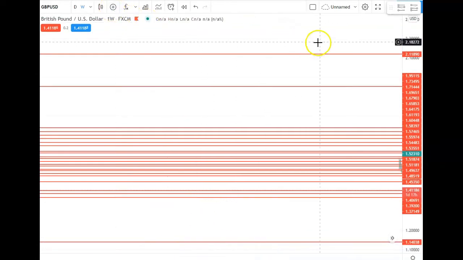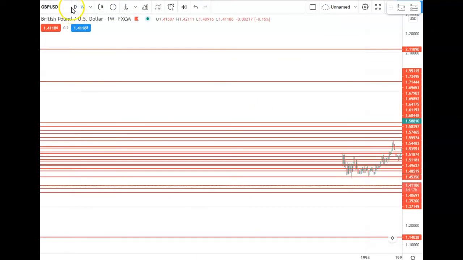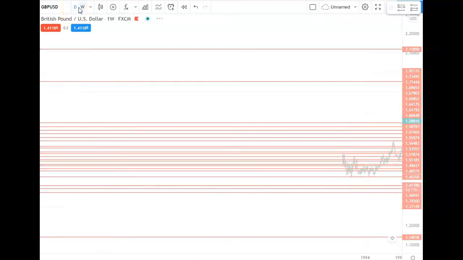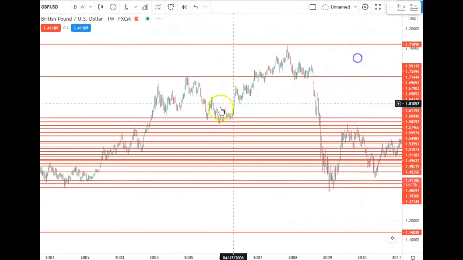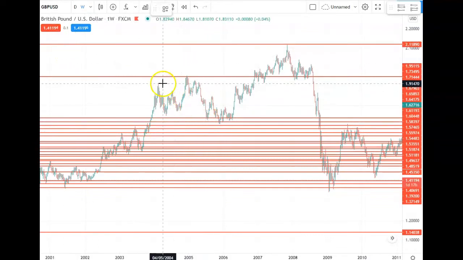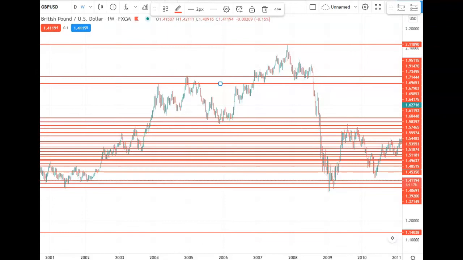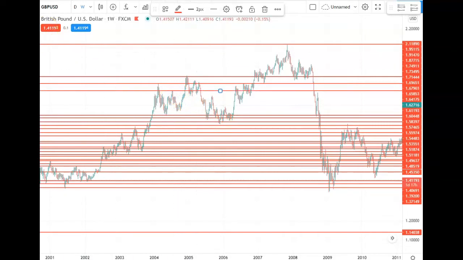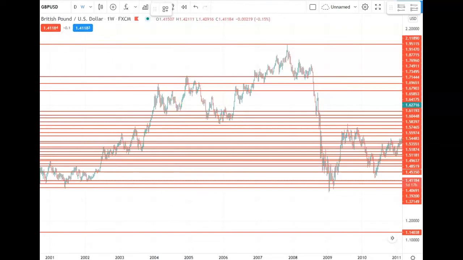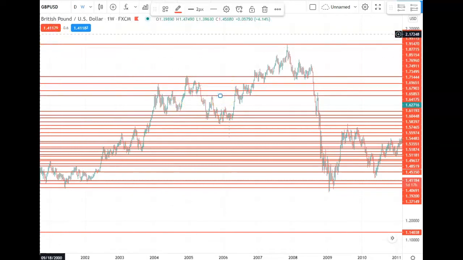And I need to find a magnifying glass. Oh, weekly. Okay, so that's our weekly. And more lines are coming in. Let me add some more. This is 2006, so we broke out of the range and back there, so we can just add the remainder here. Okay, and I would save this because these lines will not change very much,